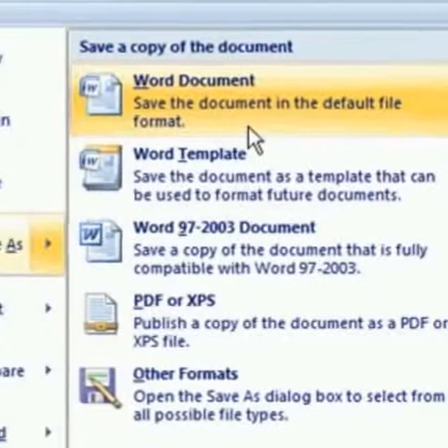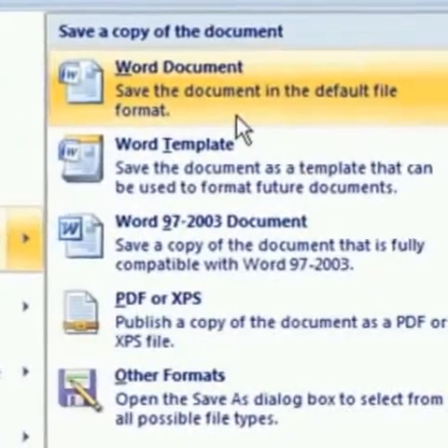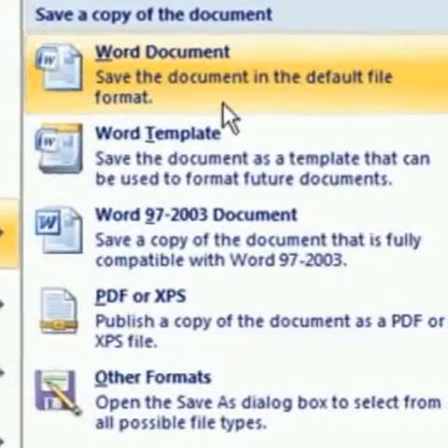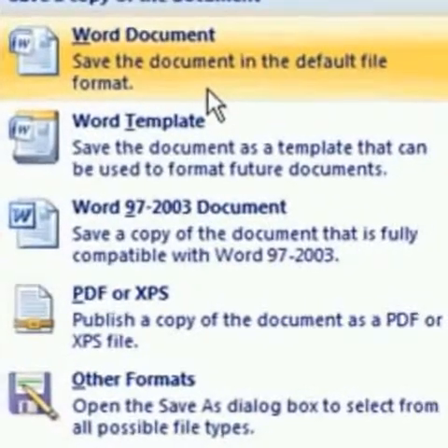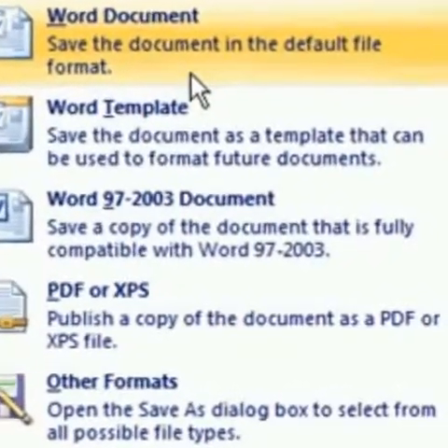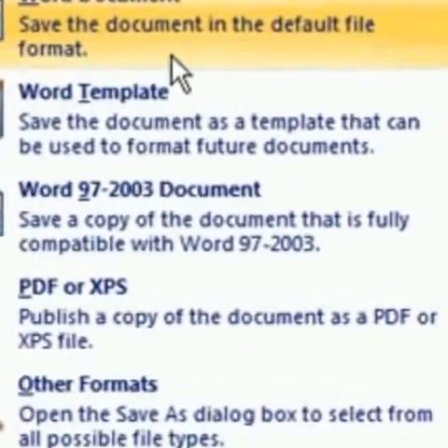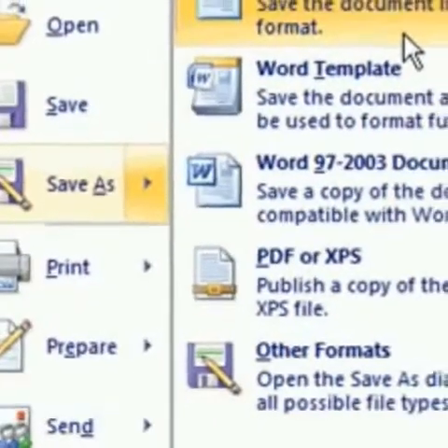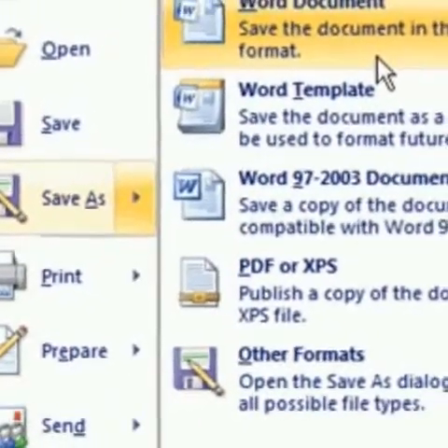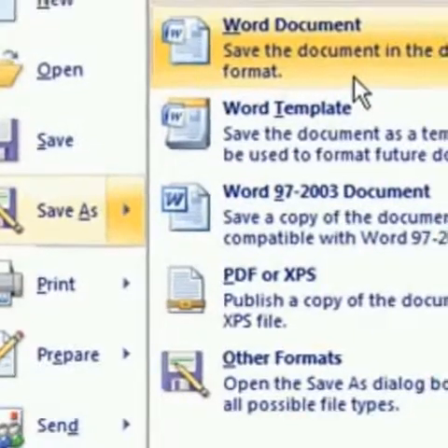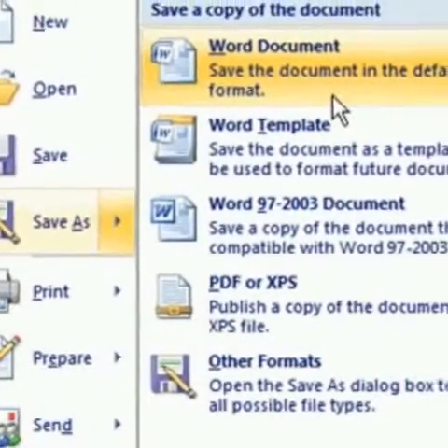Now next is deleting text. If you want to delete something, what do you have to do? To delete a block of text, select the text or phrase and press the delete key. Simple. Now if you want to copy something, select the text to be copied, then